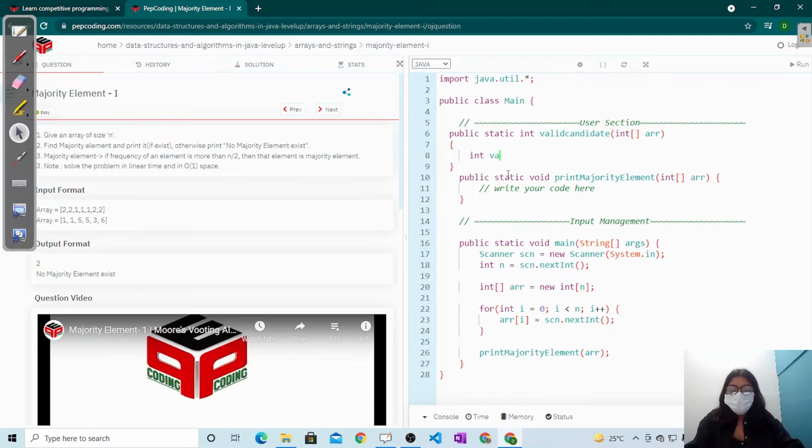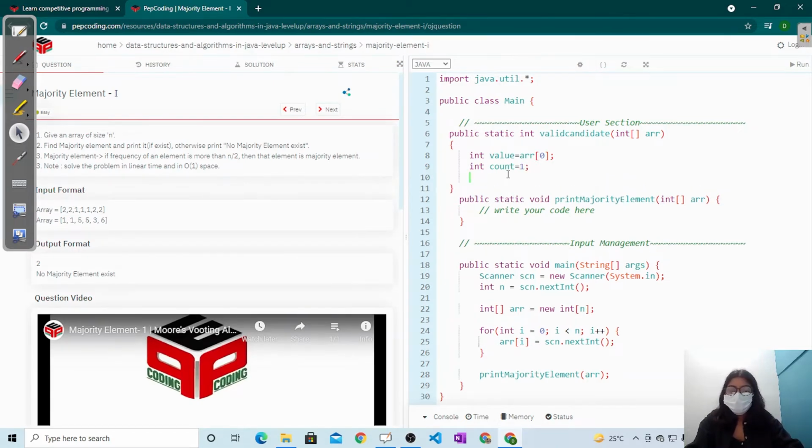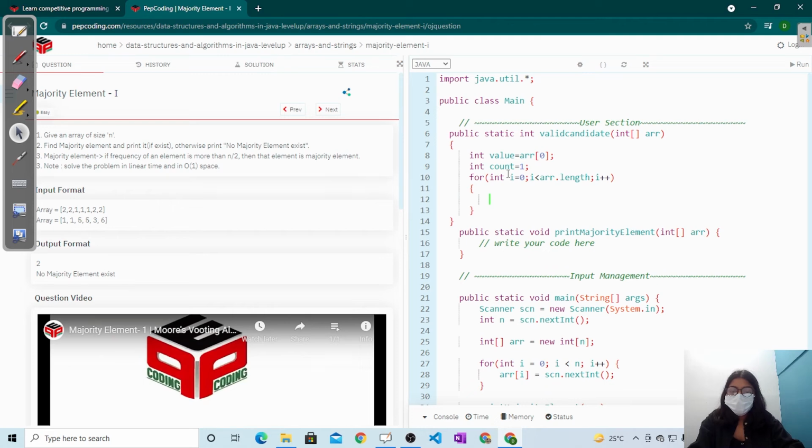Now what am I going to do? I will make a value variable which is equal to ARR of 0 initially, and then int count, which is initially equal to 1. Then traverse through the whole array and map distinct elements. My I is equal to 0, I less than ARR length, I plus plus. I will check if ARR of I is equal to my val, then